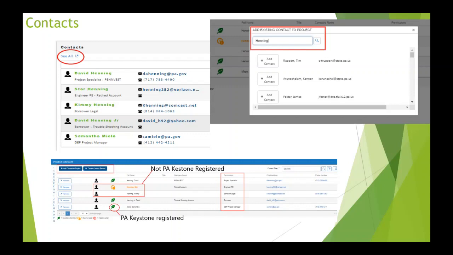Project contacts can be added or they can be created. So what the heck is the difference? When you go to add somebody, this is somebody that you suspect may already be in the Penvest system. Engineers and attorneys who've done Penvest work before are most likely already in our database. If I'm looking for a borrower that has done numerous Penvest projects before, they're probably already in our database. But there may be individuals that are not,